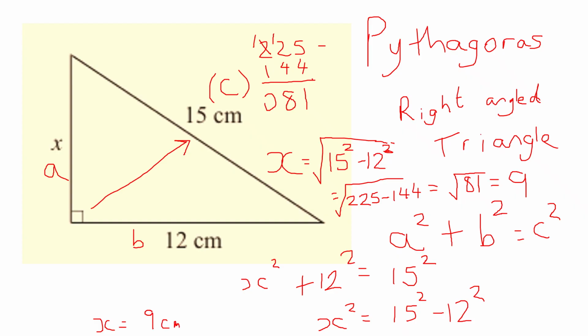So we use the formula a squared plus b squared is equal to c squared, where we're looking at a right-angled triangle, so one angle which is 90 degrees, and you're given two side lengths and asked to work out the third one. This one obviously requires a bit more rearrangement, but as long as you're given two side lengths to work out the third side length, we use the formula, and it must be